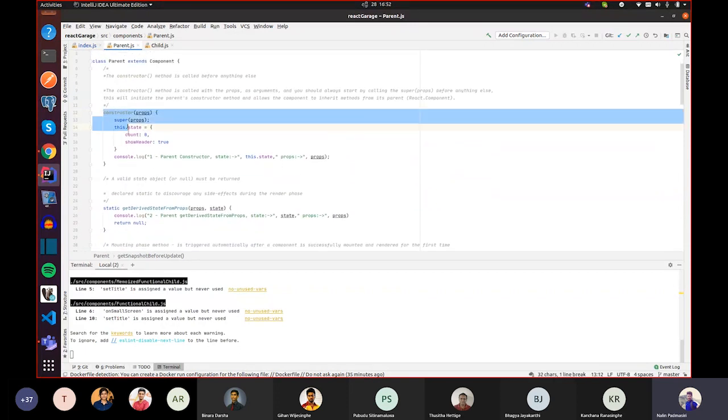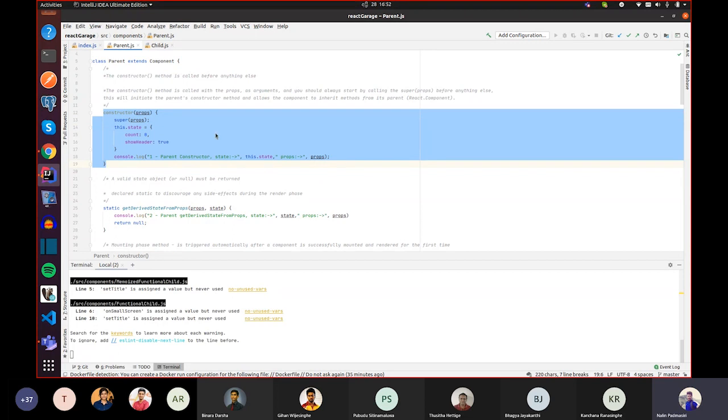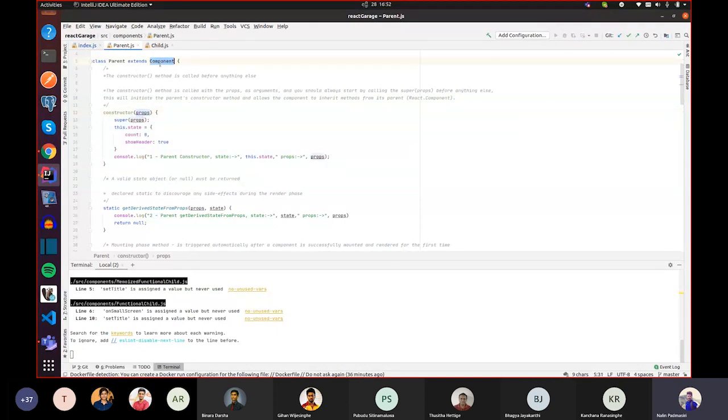So what the constructor is doing here is it's the function which will be called before everything else, and you can define your states here within the class component, and also you can inherit the props from the component class as well.